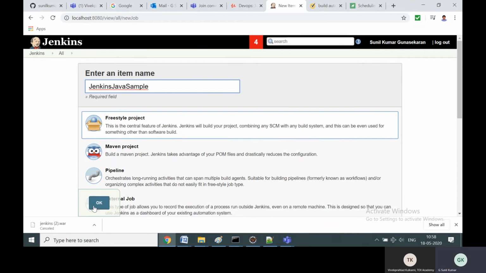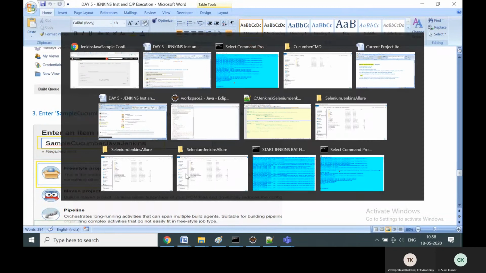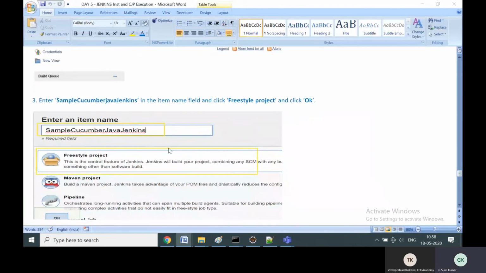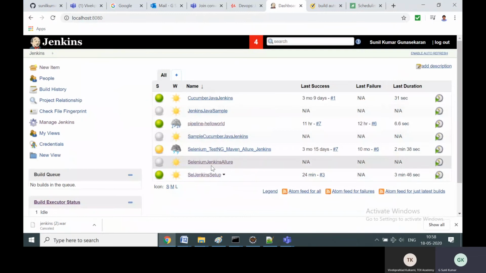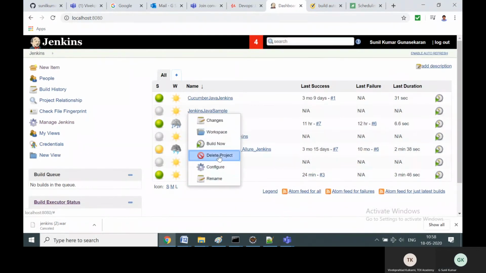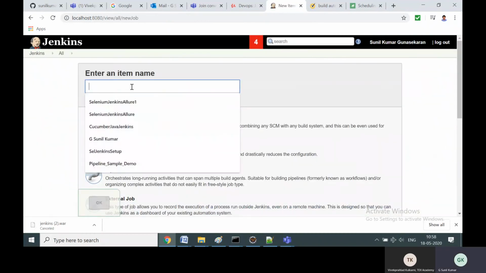And then I click OK. Very simple. Or I will name it sample Cucumber Java.